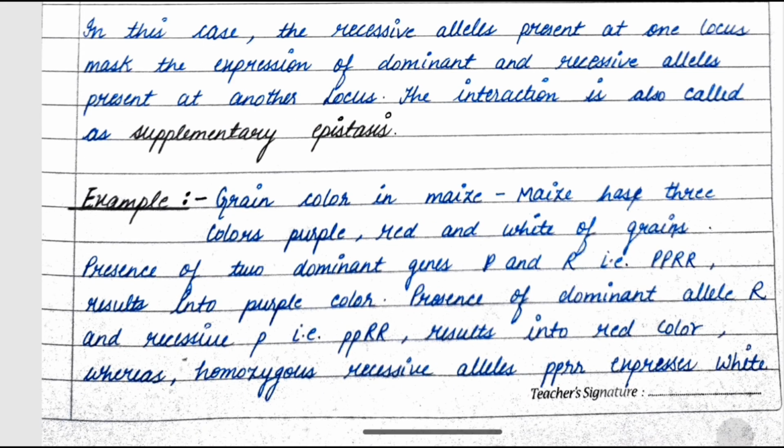Grain color in maize. Maize has three colors of grains: purple, red, and white. Presence of two dominant genes P and R, that is PP and RR, result into purple color. Presence of dominant allele R and recessive p, that is small p and capital R, result into red color, whereas homozygous recessive alleles small p and small r express